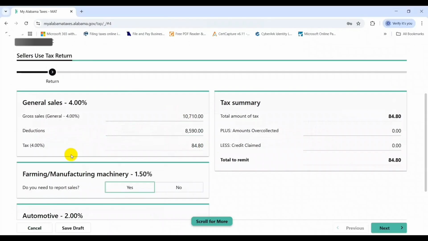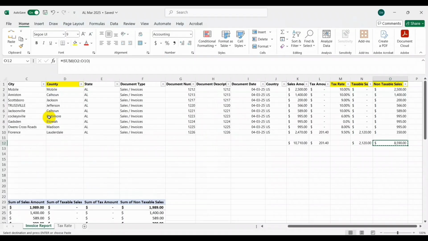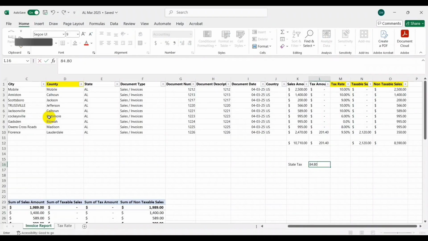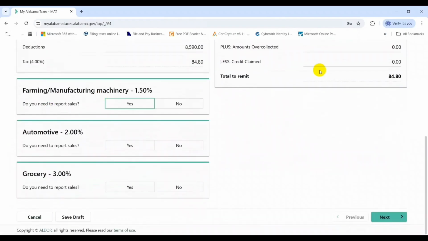So you look here. The tax is 4 percentage. The state sales tax return for the Alabama state is 4 percentage. And so what I will do here is I will just write here the state tax. So it's 84.80. Then I will click next,